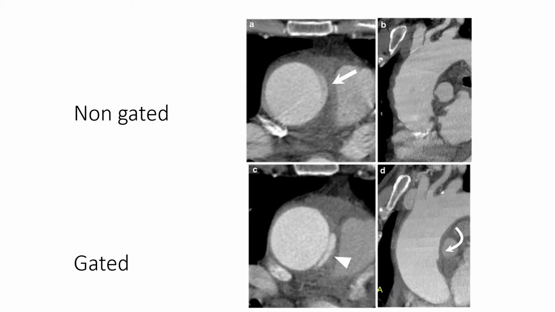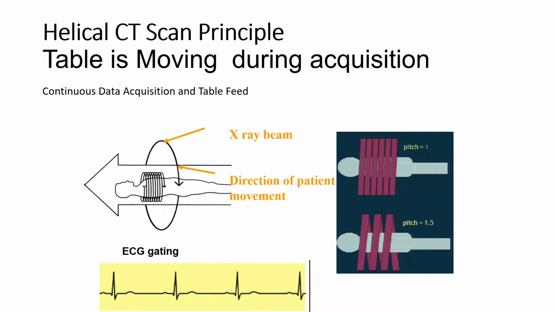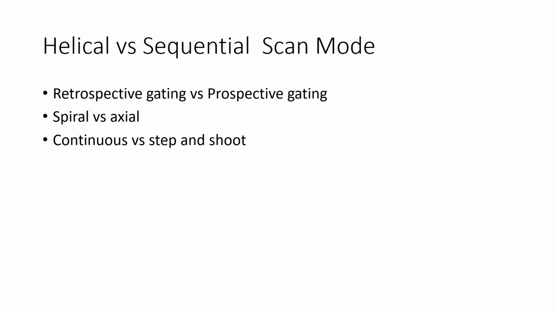Okay, this is another example of non-gated. And this is the aorta, which supposedly doesn't move as much. So, this is very hard for you in the middle of the night to decide whether this patient has dissection or not. When you have an image like this, I think it's quite much easier. All right. So we talk about the spatial resolution, temporal resolution, gated, and remember what I told you,